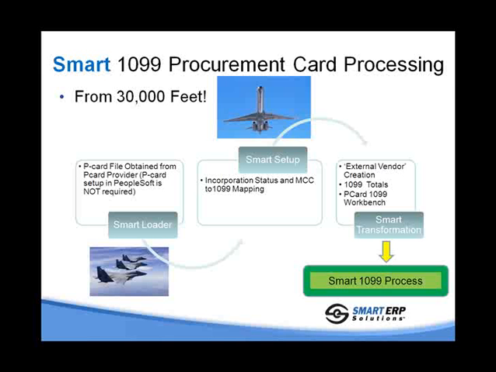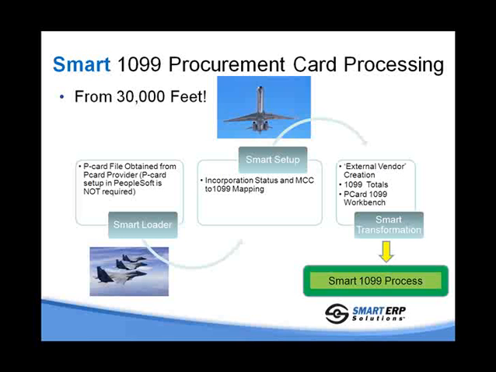Here's the look from 30,000 feet. We'll get down to ground level in the next couple of minutes, so hold tight. First, SmartERP provides you with a loader that moves the data from MasterCard or Visa into the Smart staging records. Next, we provide you with incorporation status and merchant category code mappings to 1099 applicability. Then we provide an app engine to create external, not PeopleSoft, vendors, and put their payment totals into the standard PeopleSoft